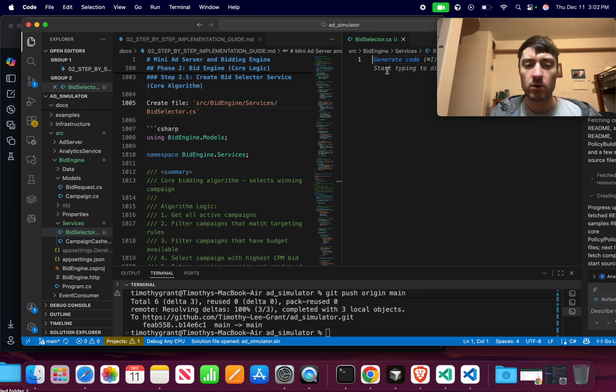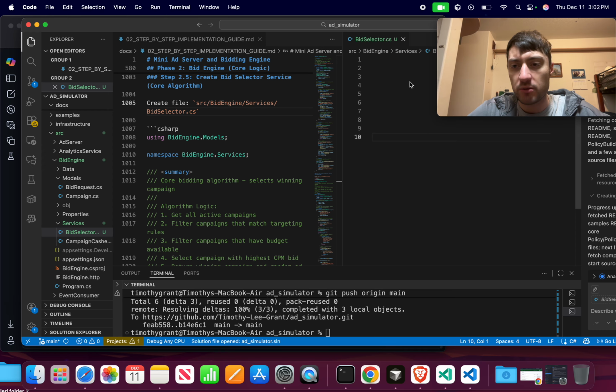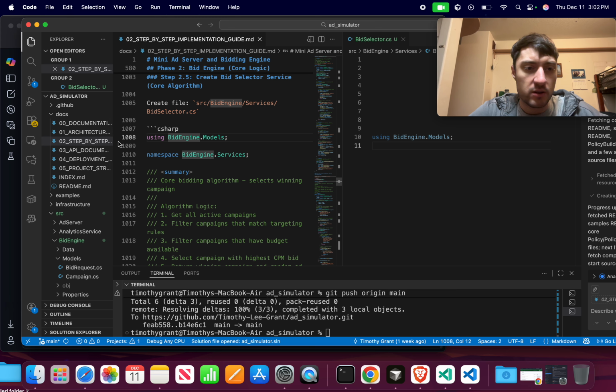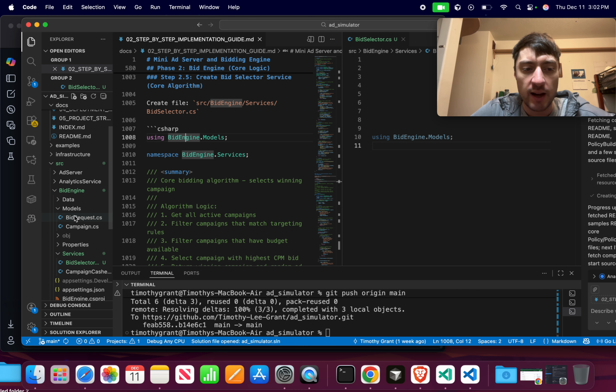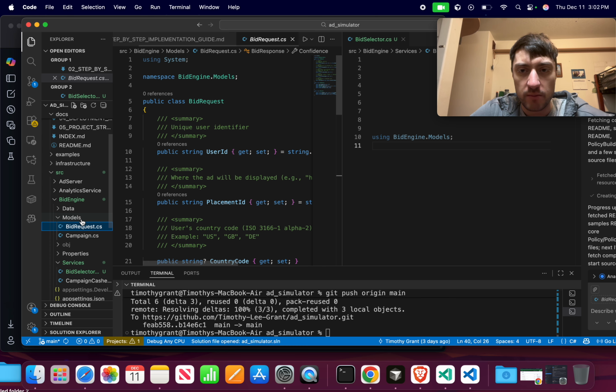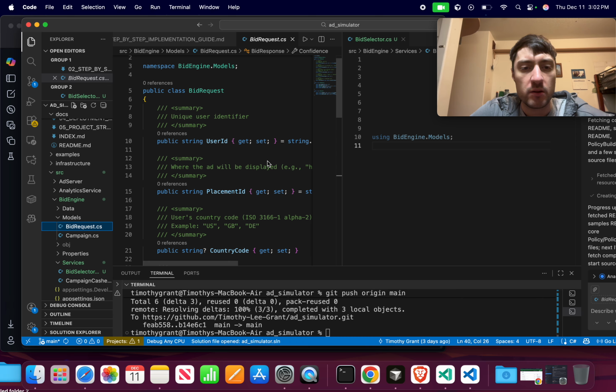Okay, so I'm just going to put it here so we can see it. So using, and then BidEngine.Models. Okay, so what is this? Let's make sure that we always remember what we're doing, not just typing things. So BidEngine.Models gives us access to both of these things, which is the request item here,